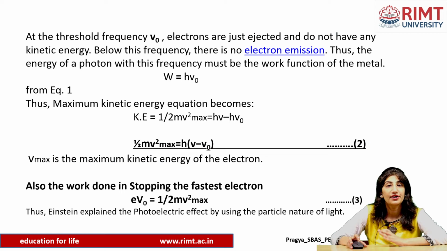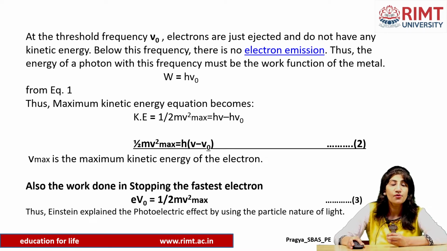Now, at threshold frequency nu naught, electrons are just ejected and they do not have any kinetic energy. Below this frequency, there is no photoelectric effect, there is no electron emission. Thus, the energy of the photon with this frequency must be equal to the work function of the metal. So, we can denote W as h nu naught, where nu naught is the threshold frequency and h is Planck's constant. So, putting this in equation number 1,